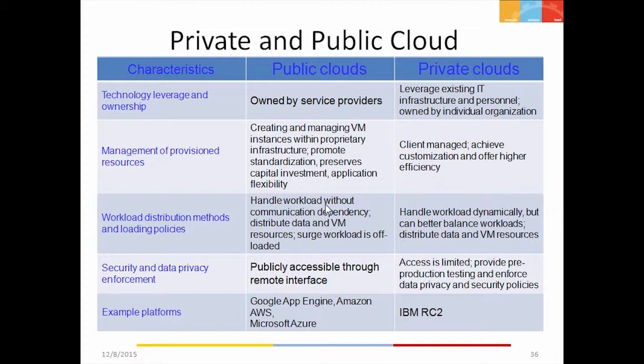Examples of public cloud would be Google App Engine, Amazon AWS, Microsoft Azure, and the example of private cloud would be IBM offering RC2. So IBM and many other IT services companies would essentially be going to the large corporates and basically would offer a private cloud solution to them.